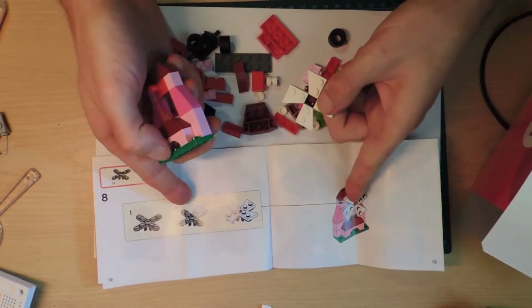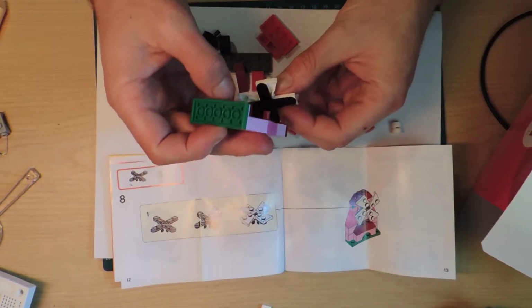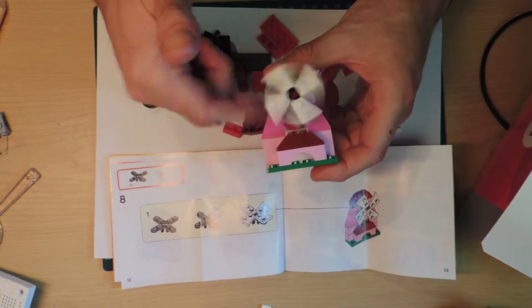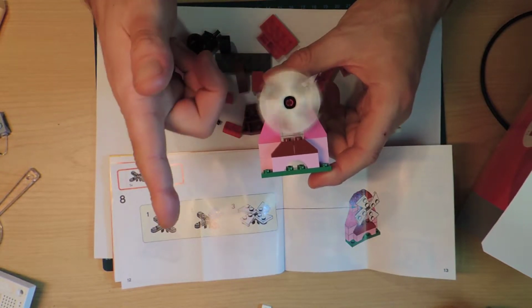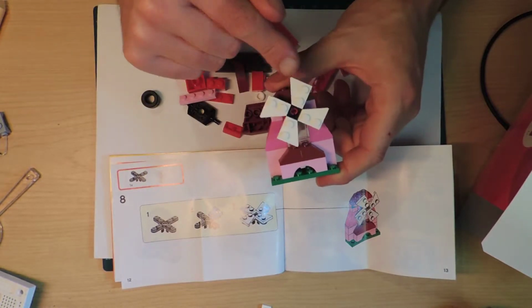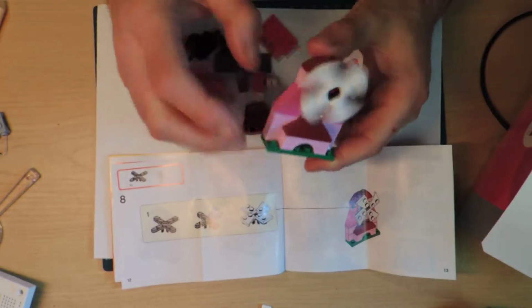Alright, so when I look at this picture, it looks like this is going to hit the thing and it's not going to spin properly, but is it? Alright, it is going to spin. Whoa! I think it should go that way. So that was quite fun. It's definitely got some play value because I could do that all day long. It's a fidget spinner. They've given you a fidget spinner disguised as a windmill,